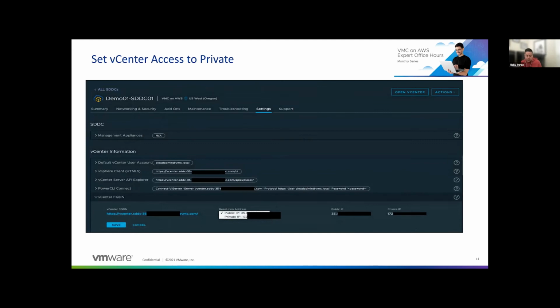Now, once you have gone ahead and connected either VPN or your direct connect, the next thing you're going to want to do is set your vCenter access to its private IP address. By default, when your SDDC is deployed, it will be set to resolve through its public IP address. If you're using your public internet to access your SDDC, this is fine to leave it at your public IP address. Once you do connect it to your private network, either through VPN or direct connect, what you would like to do is